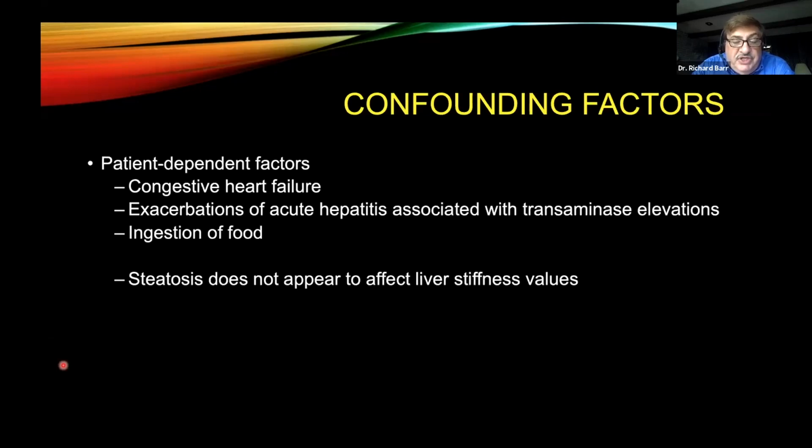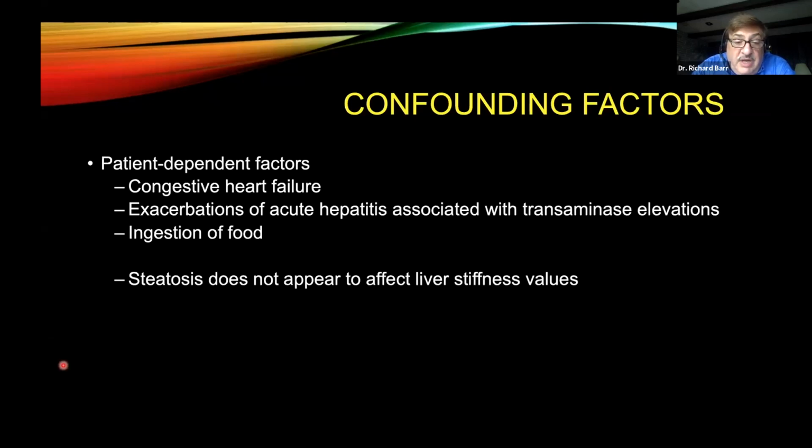In the literature, steatosis has reports that say that it does, and others that say that it doesn't affect the liver stiffness values. I don't believe that steatosis in itself affects the liver values as we're doing things today, but it is making it very, very difficult to get accurate measurements because of the weakening of the RFE pulse. So I think we get variable results, not because the steatosis changes the shear wave speed of the liver, but because we just can't get very accurate measurements of the shear wave.